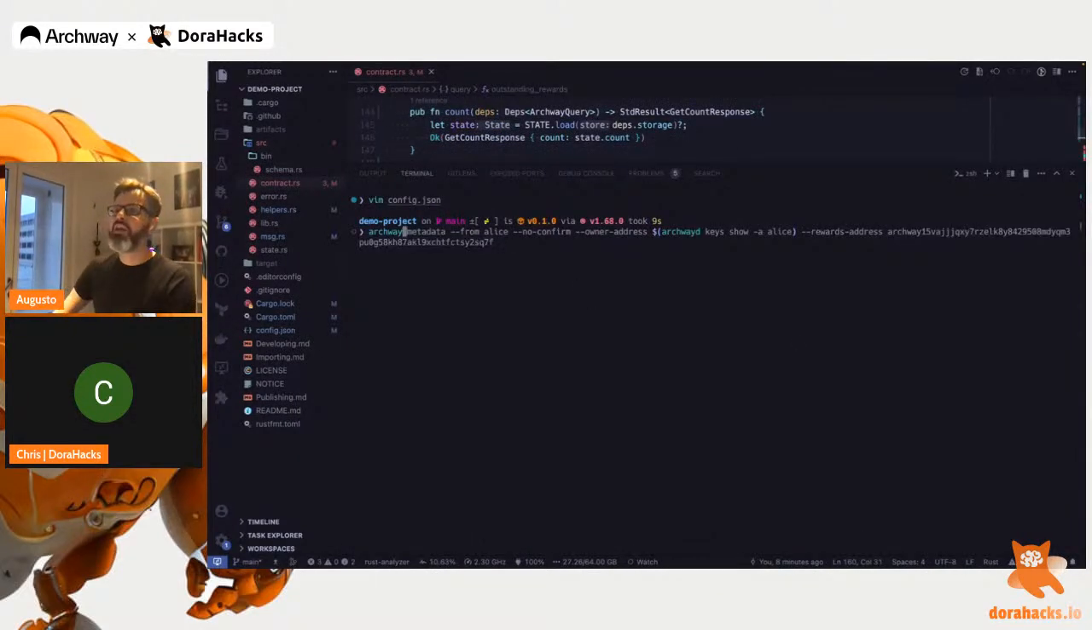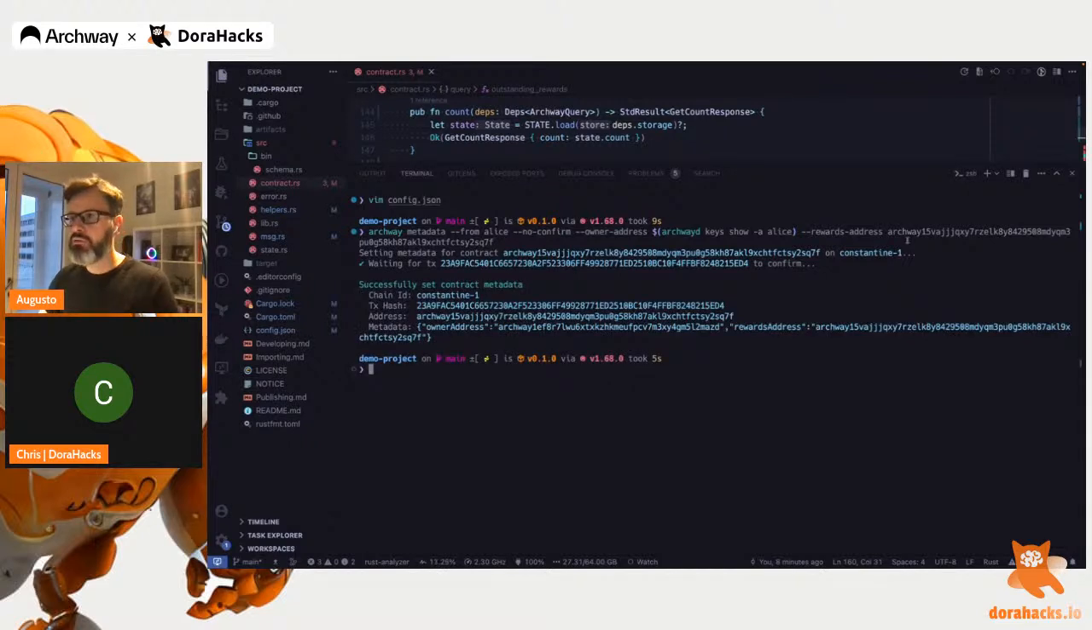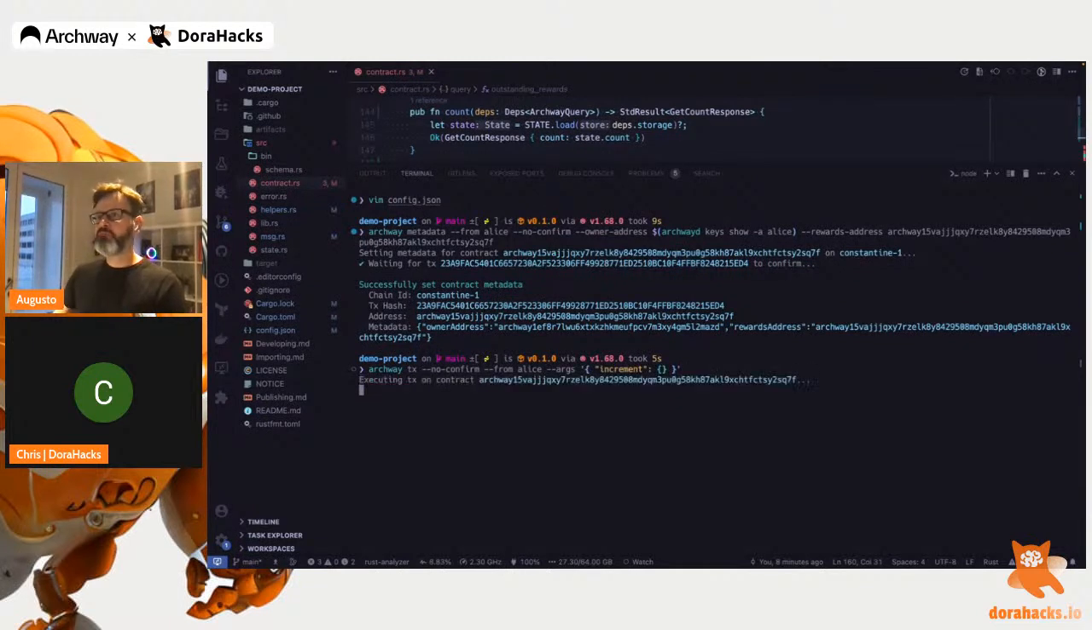And here I'm specifying the owner address. So the owner will be Alice, the same account I'm using to deploy and manage the contract. The rewards address will be the contract itself. Okay, so the metadata as specified: Alice as the owner, the contract as the rewards address. And now if we transact with the contracts,